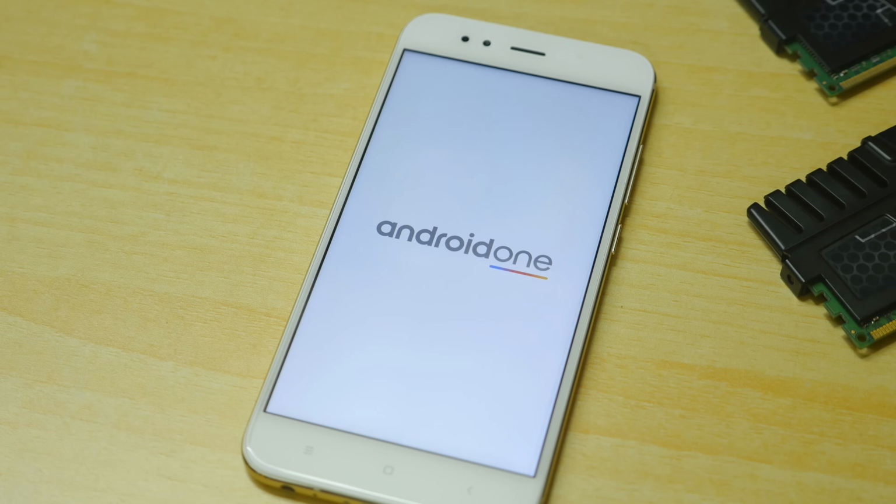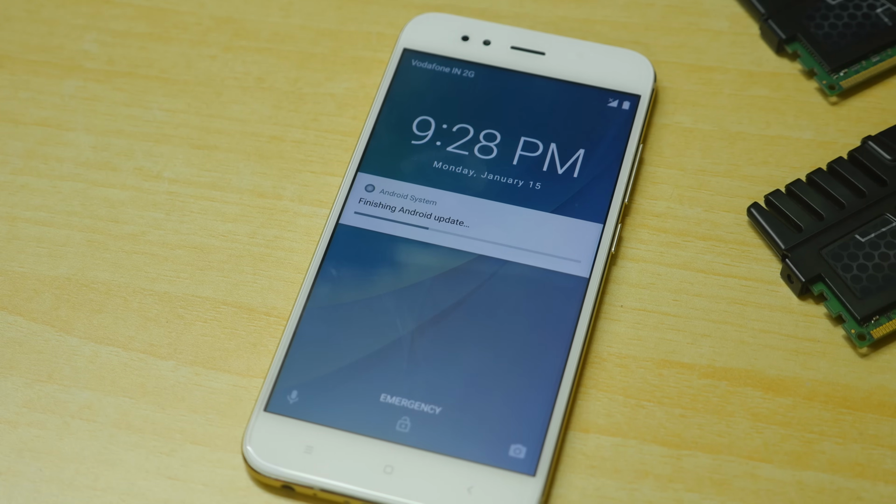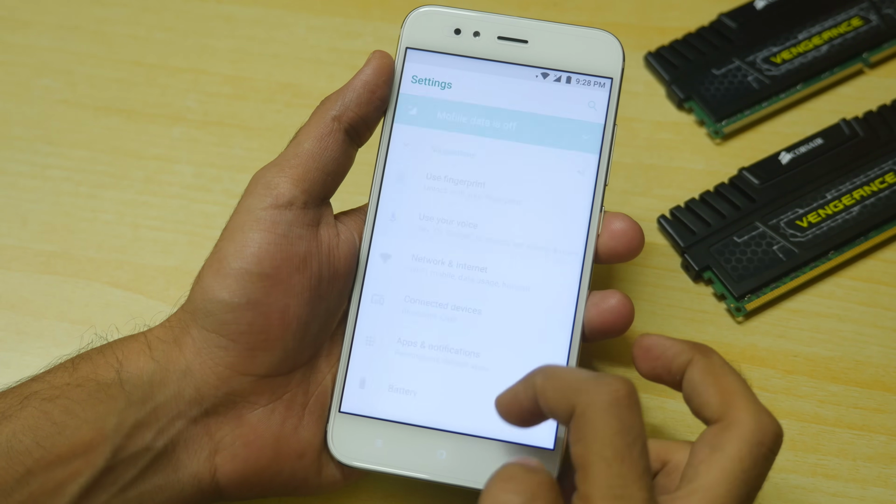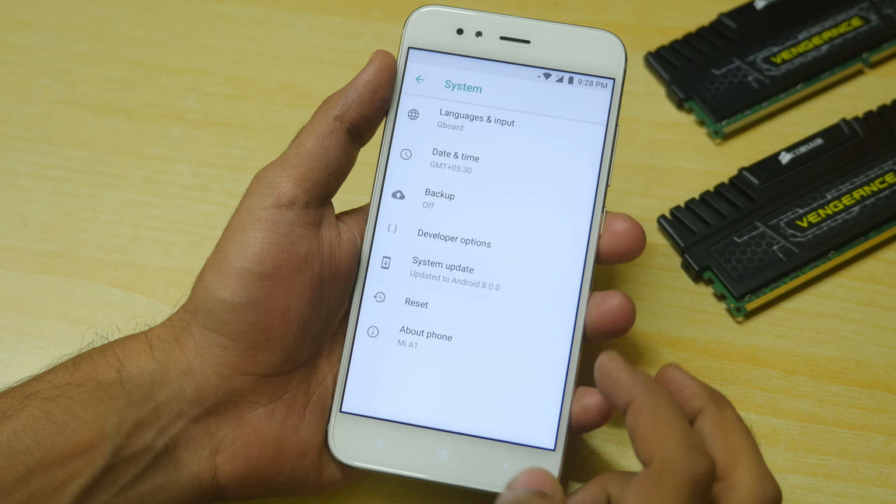And I'm going to follow the same steps which I followed earlier, like boot into that, select install normally, and select everything like that which I mentioned earlier. And once you do that, you will have root access on your device. And boom, that's how you can root Xiaomi Mi A1 without disabling OTA updates.